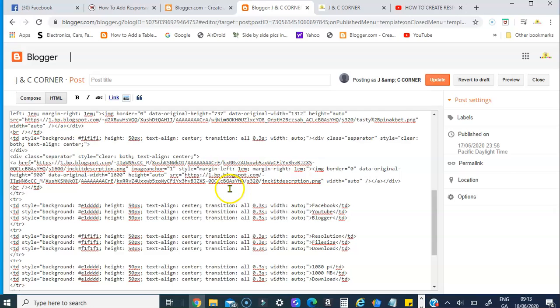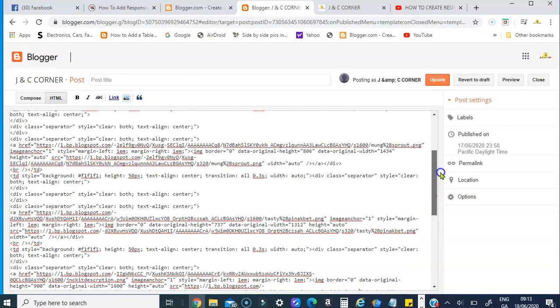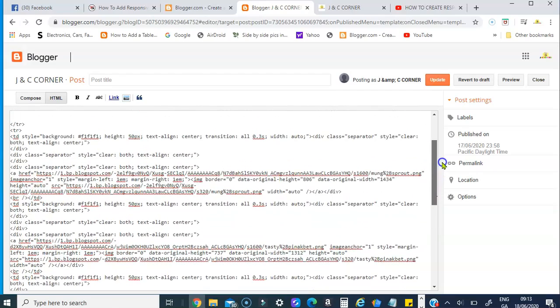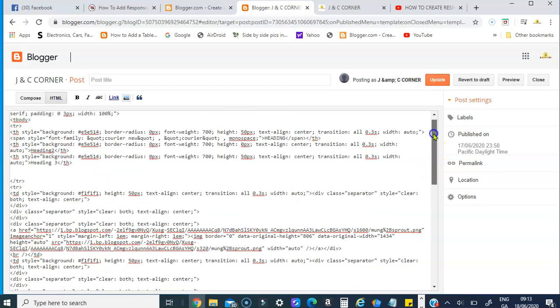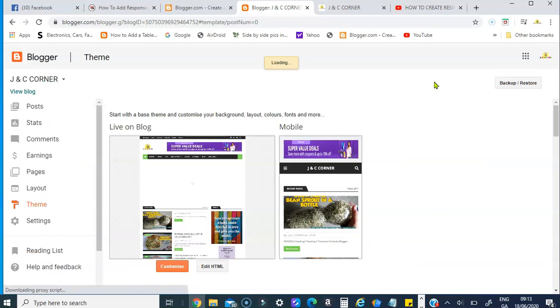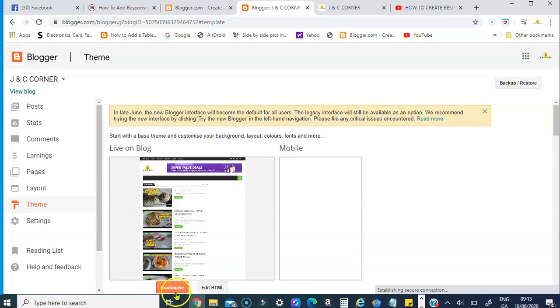Do the same thing I have taught you earlier. You see there is a background, so you need to change that one. We will update this first. You need to go to the theme, customize,